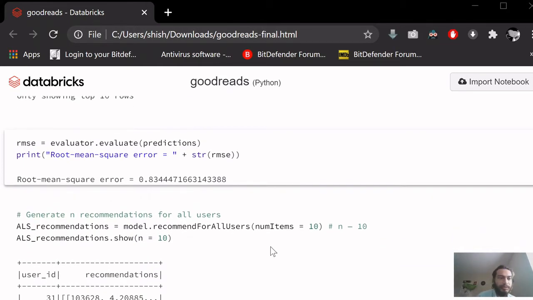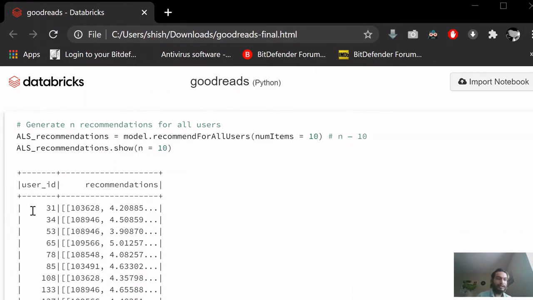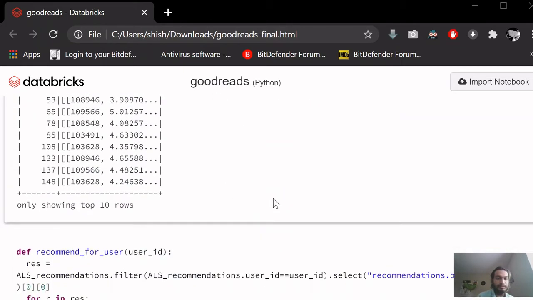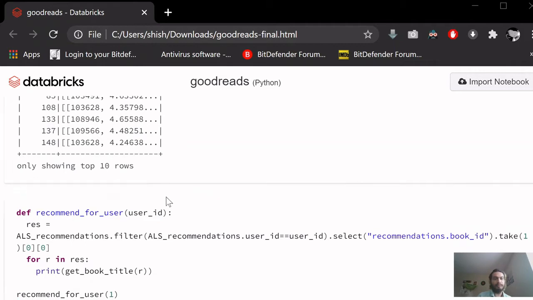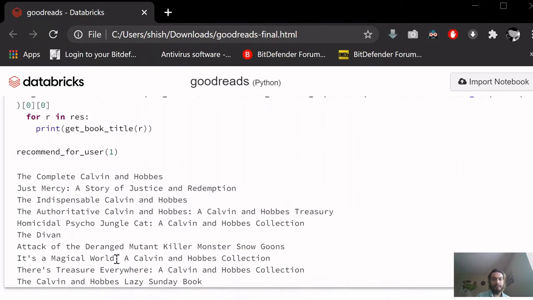We generate recommendations for all the users and we show the top 10. For user ID 31, the recommended book would be with this ID and this average rating. To show this a bit more clearly, we have this function recommend for user that takes in the user ID that we want and outputs the recommended books for that user. If you put in the ID of user as 1, these are the books that it generates and recommends